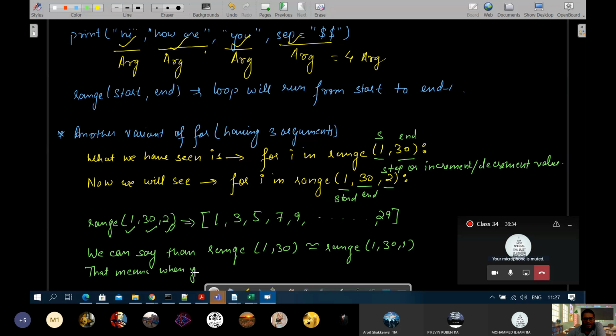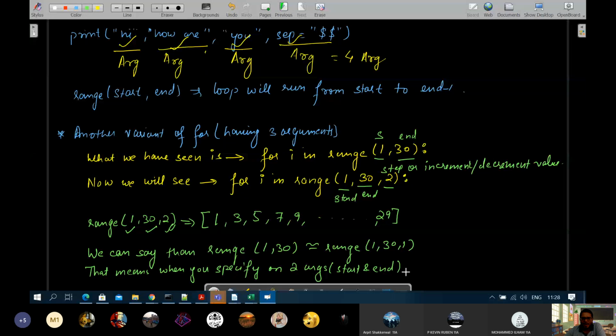When you specify only two arguments, that is start and end, step is by default taken as what?